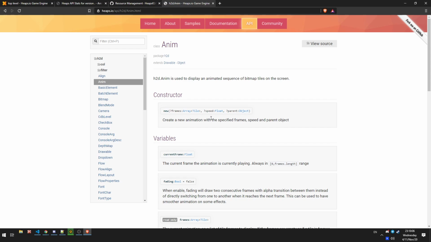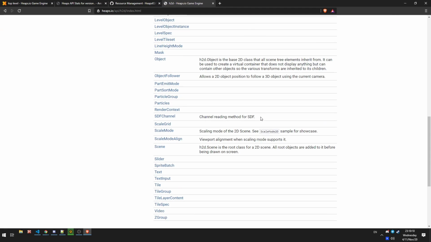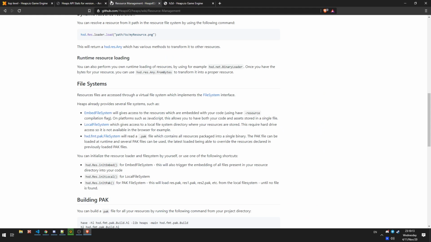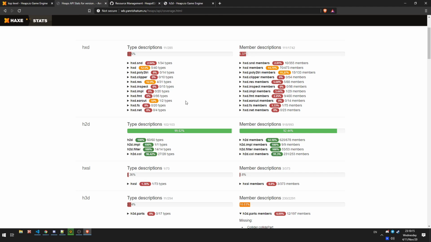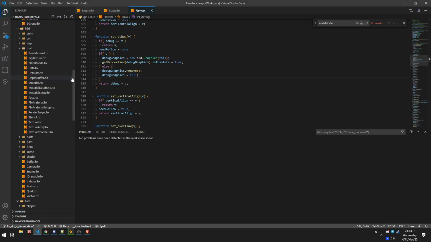Let's see. Oh, no, he didn't update. So, coverage of H2D specifically. If you're working with 2D, check out API docs. I did a lot of work to cover it. I tried, and I hope it provides a lot of insight on how some specific stuff works, because I did try to mention quirks. For example,